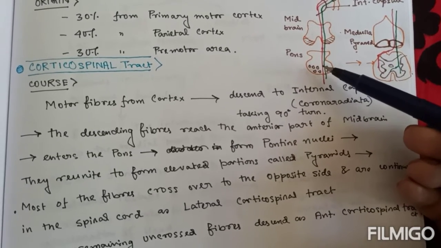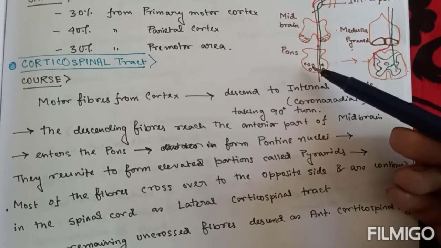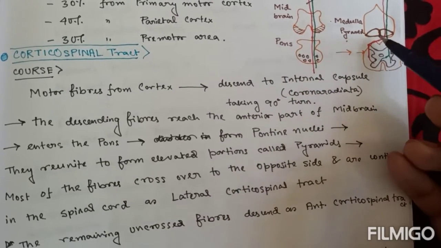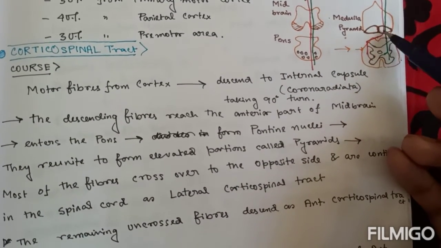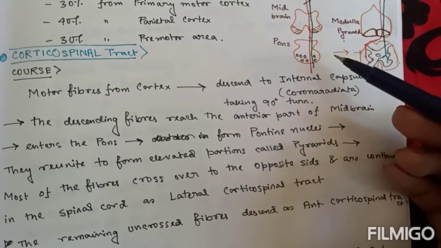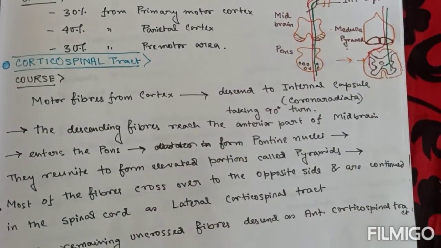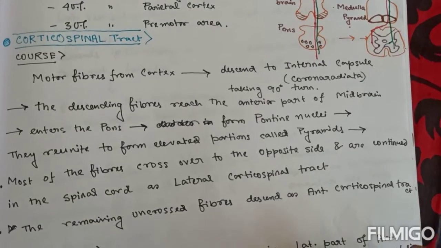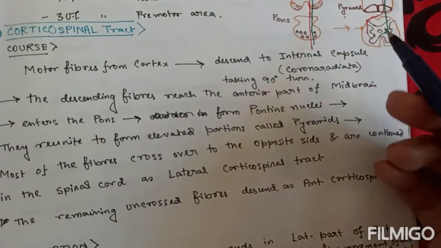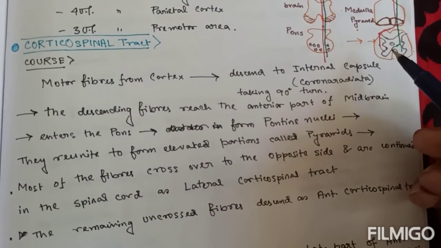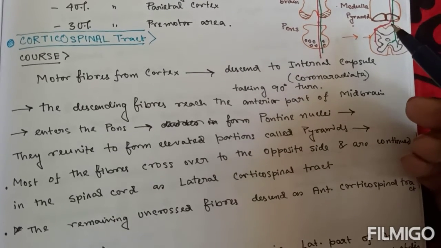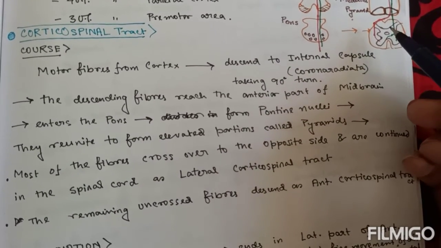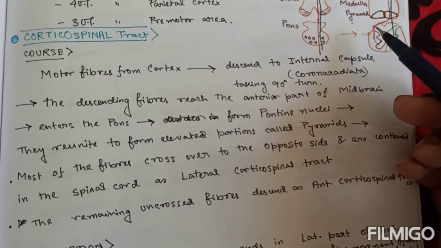In the pons, the fibers divide between the pontine nuclei, and finally they reunite to form the elevated portions of the pyramids. These are called the medullary pyramids, and from these pyramids the tracts are given the name pyramidal tract. Finally they come down to the spinal cord, and most of the fibers cross over to the opposite side